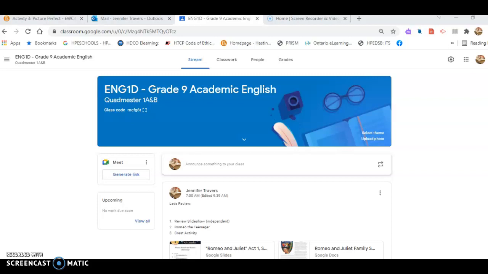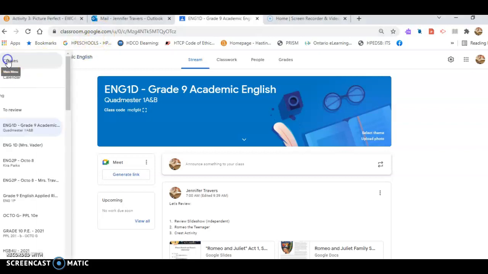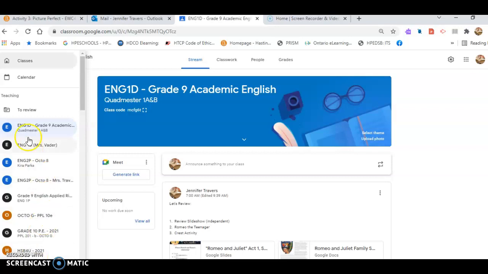Hello, this is Jen Travers and just wanted to show you where that calendar feature is. So right now I'm looking at our grade 9 academic English classroom. So in the list, you go to classroom.google.com and in there will be all the classrooms that Sophie would have